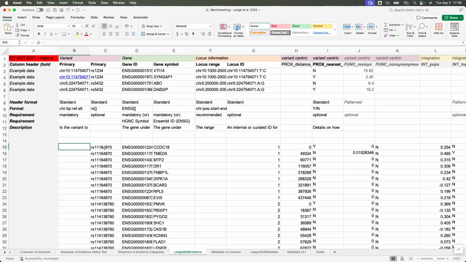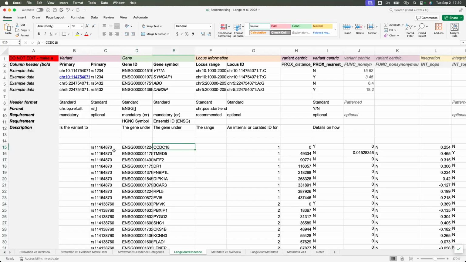So, I could have gone back into my code and pulled out the exact chromosome position ref alt. We didn't publish that in the supplementary tables. I could have done this, but I thought, okay, true to this exercise of trying to figure out what's easy to do based on published literature, this is what was actually easily available from our own supplement. So we put RSIDs in. We didn't actually put in CPRA, which was interesting.